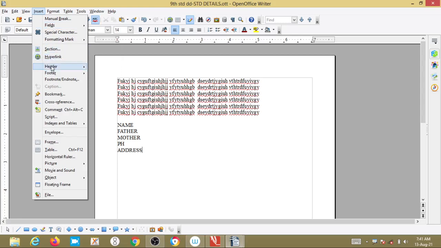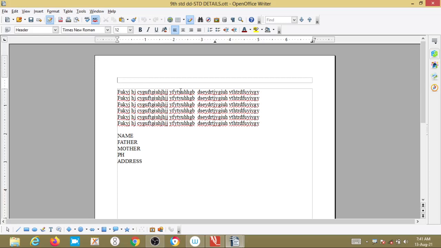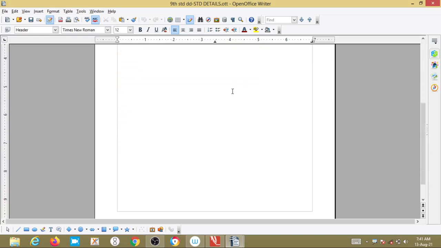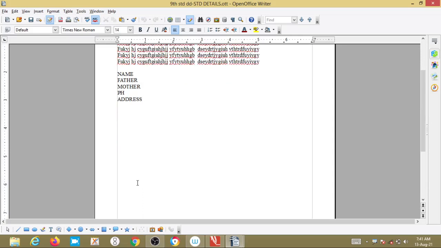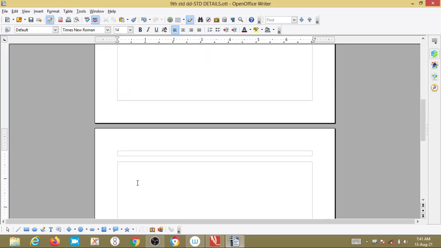Then section, hyperlink, header and footers, I explained this one. Here, using a header and footer we can give the header file name, header file and footer we can use. If I give, see, default, it will show here, this is the header. If you want to write something here, I have only one page here, right? Now suppose I have 2 or 3 pages.